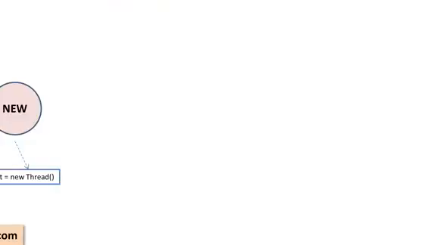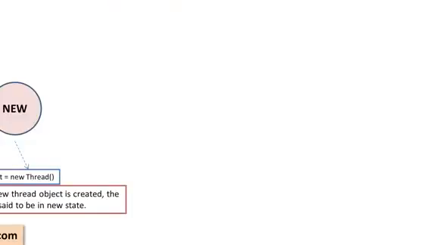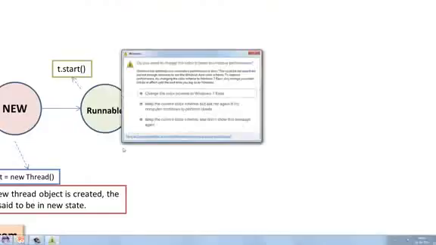In this state, the thread is just like any other object that you create in Java. The thread object is not a real execution engine now, which will execute code. To make the thread object execute code, we should invoke the start method on it. When start is invoked, the thread is said to be in runnable state, and remember that in this state